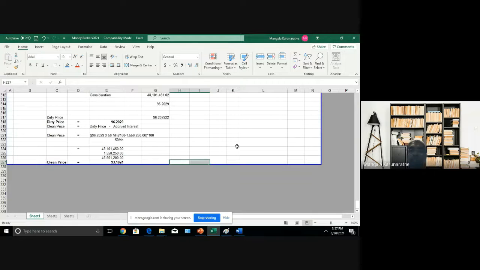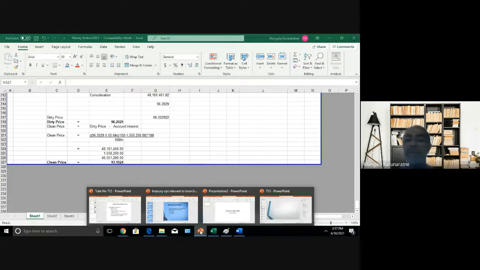Otherwise, I can move on to the repo, reverse repo, but their calculations are very, very basic calculations. And also, if we go back to our presentation,